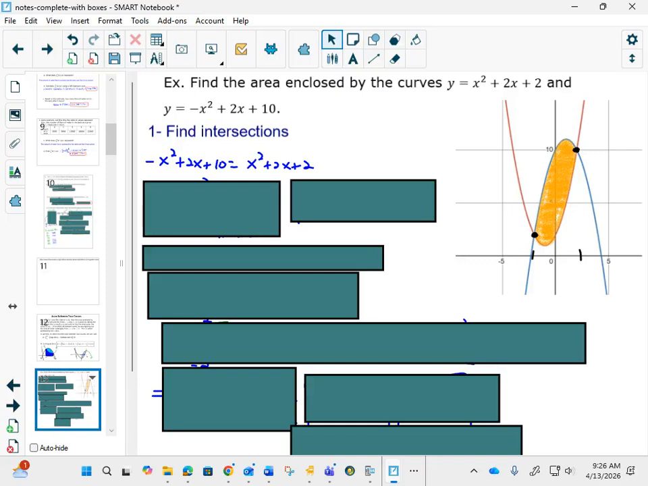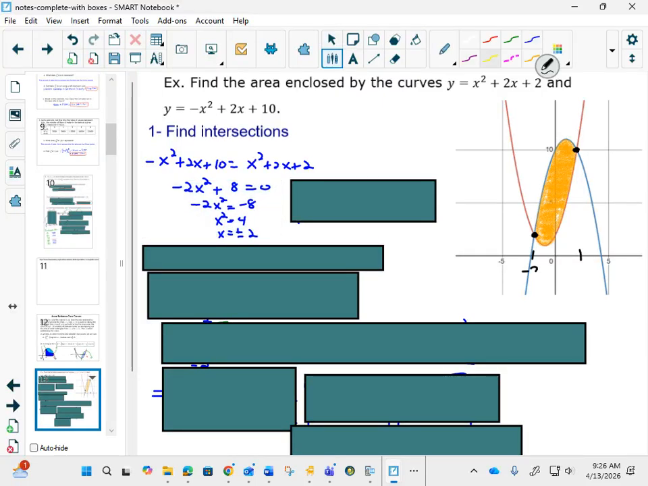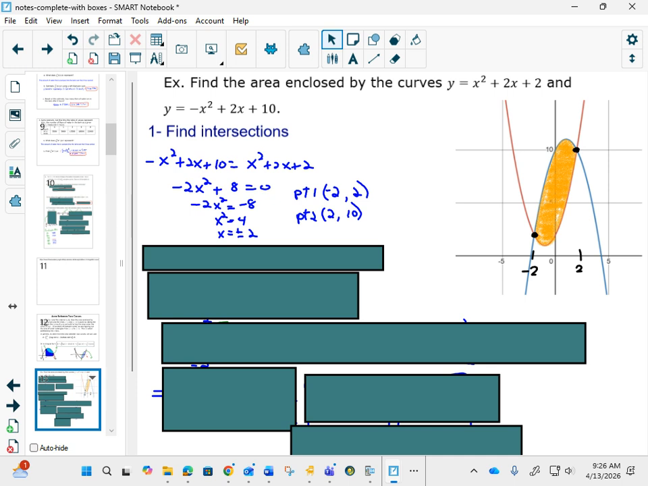So I can just make the one equal to the other one, combine my like terms, solve, and we find out one is at -2, the other one's at 2. We can plug -2 and 2 back into those original equations and find the points. We don't really need those points. But now we can find the area between